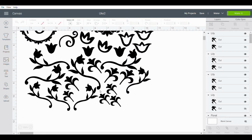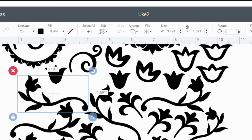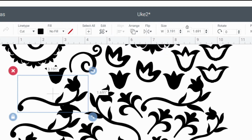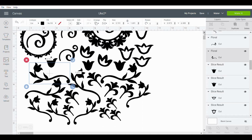And then another thing I'd like to note is, see how I've got the flower on one side here and going the other way on here? That's very important as well. So you want to go ahead and use the flip feature. Let me select that one, and then I come up here to flip, and I'm going to flip it horizontally. So it's good to have it both ways, and I'm going to set that back the way I had it. So it's good to have a variety of things,